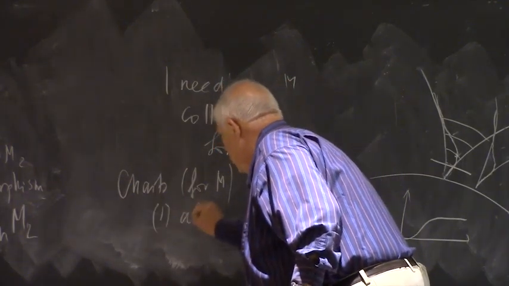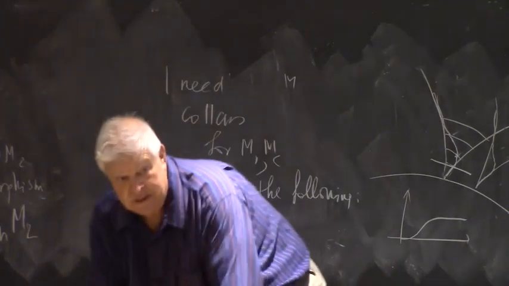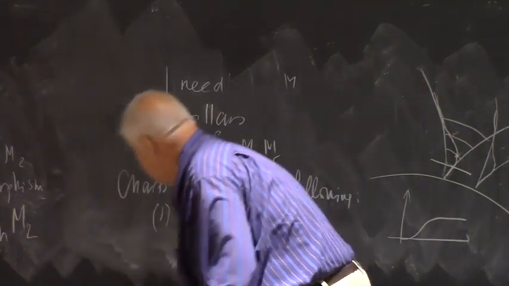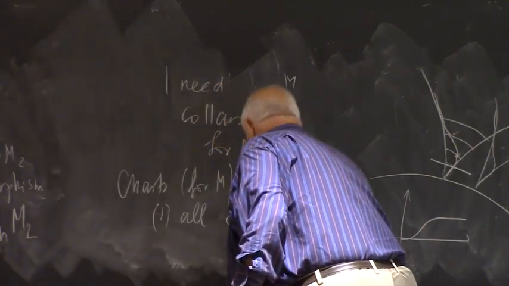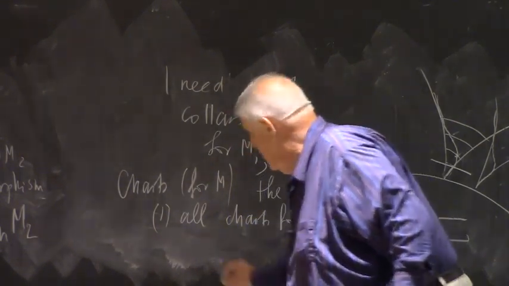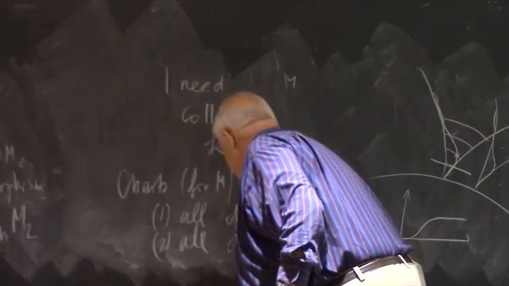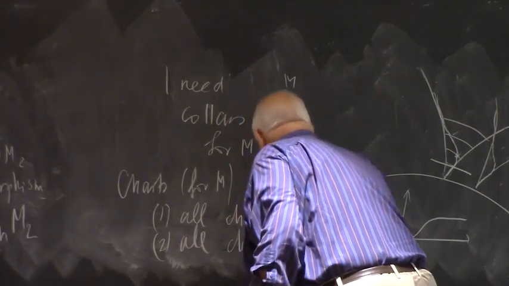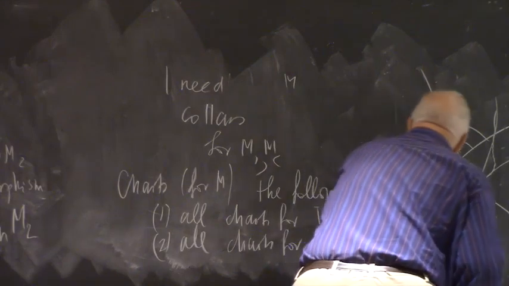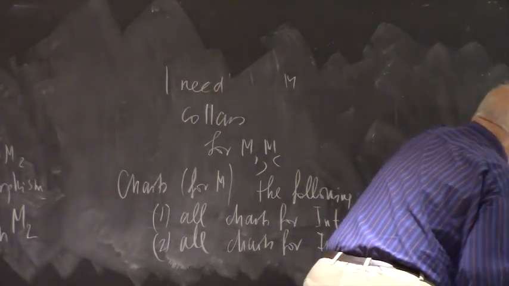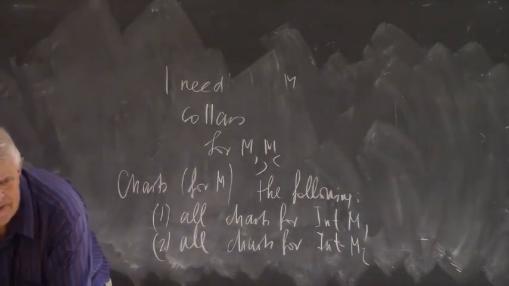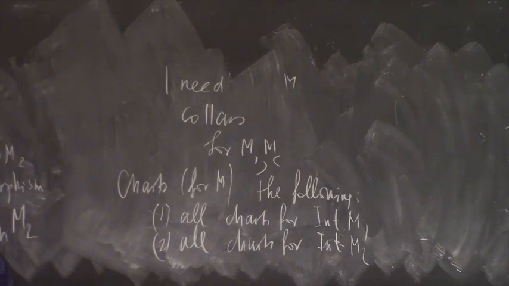First, all M1 and M2, they have atlases, right? M1 and M2, they are manifolds. So all charts for interior M1. All charts for the interior of M2. And more charts. Charts of these two types do not cover M, because they do not cover the former boundary. So some more charts, namely,